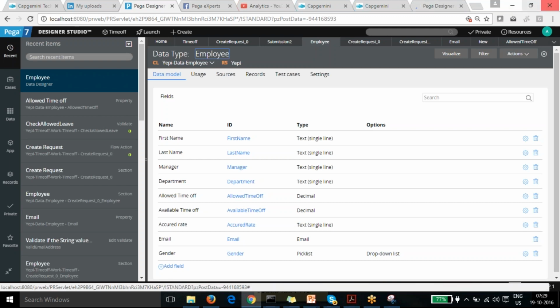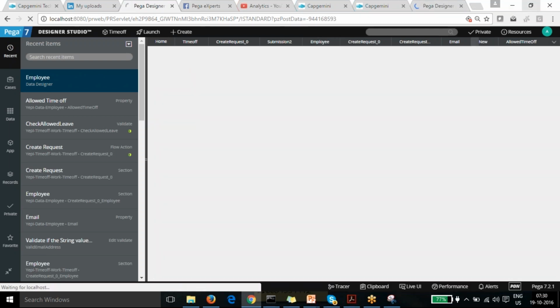Greater than or less than, whatever. Yes, right. Pega provides that feature: while you're saving it, it will give you a lot of errors. To resolve that, you need to be a little proactive and know some technical bits of how Pega works. It might not be required for you, because validate rules are not part of the BA category. They mainly need to be done with the help of SAs only.